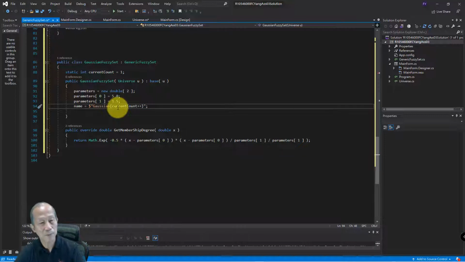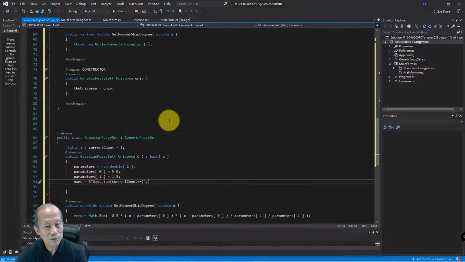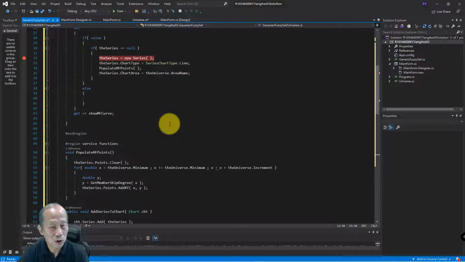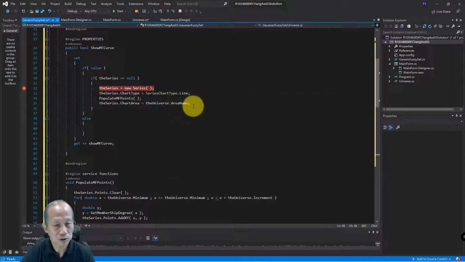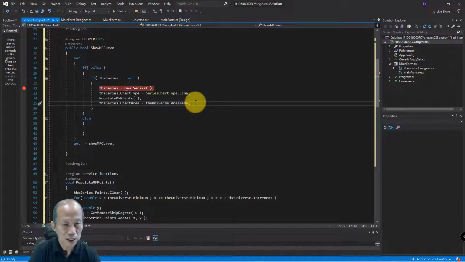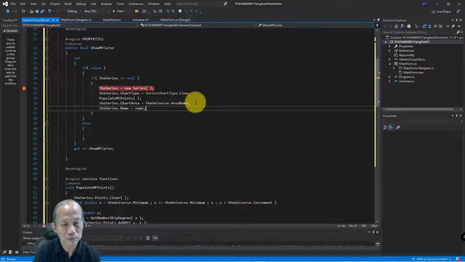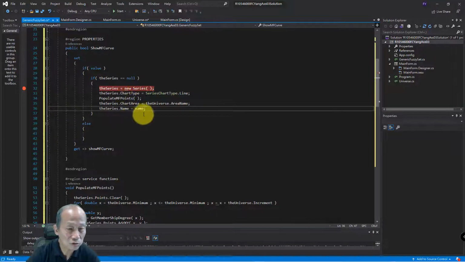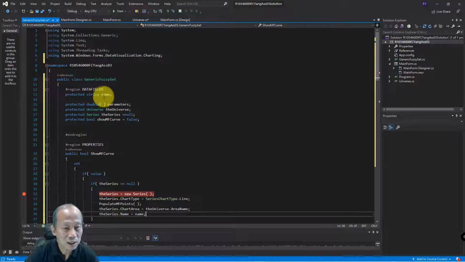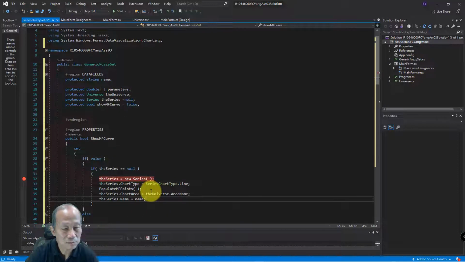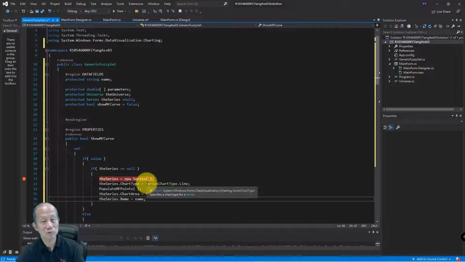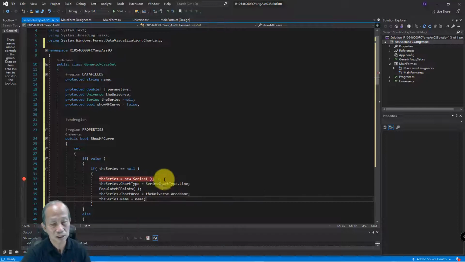So we have name specified. Since we have name specified, our name in series should have a name associated with it. So new it, and the series name equal name. We need to assign it because sometimes the series is not instantiated, so we need to have our own name. We cannot delete and directly use series name because series will take up a lot of memory. So if we don't need to show the code, we just hide it. We are not going to instantiate it. That is the idea. So we need to have our own name characteristic